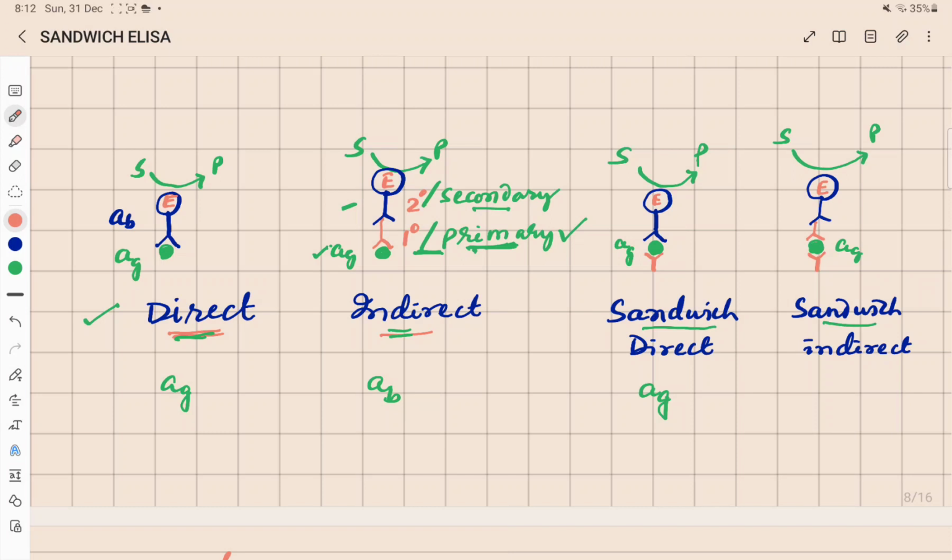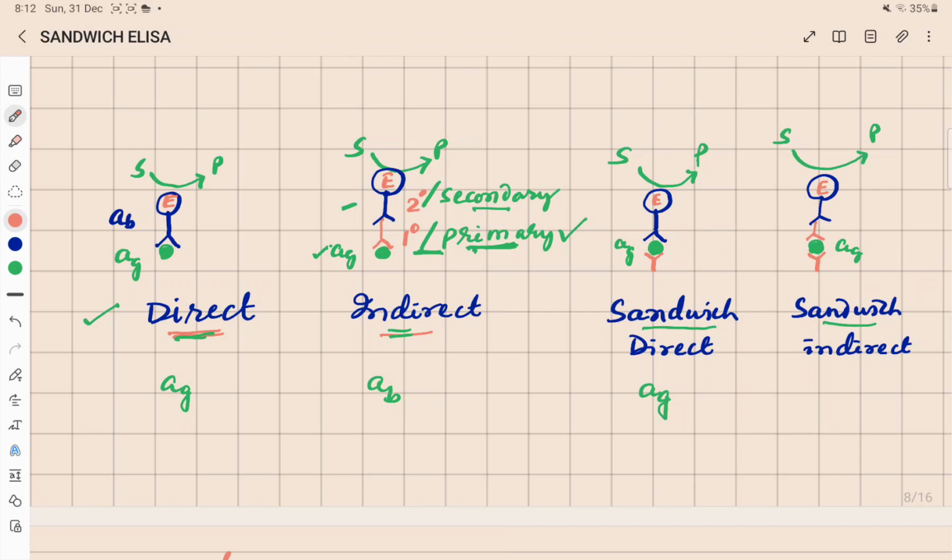In indirect ELISA, the antigen is not in direct contact with the antibody which is conjugated with the enzyme. They are in contact through a primary antibody, which may be the antibody present in the sample. So in sandwich ELISA, what we do, the antigen is